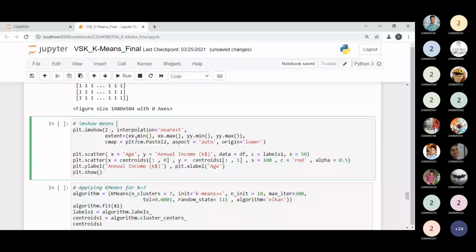So by using the imshow method, we have to pass the parameter z, or whatever we have decided, that is z, and we have to use the parameter interpolation. That is nearest. You can use the farthest or the closest, but you can use the nearest. Extent is our parameter we have to pass. So in the extent, we have to pass the minimum value of the x and y value. X and y, both values we have to pass minimum over here. And cmap is the color map. So which color do you want to take to print over here?